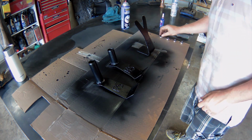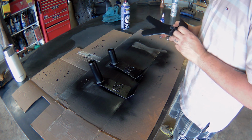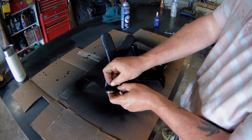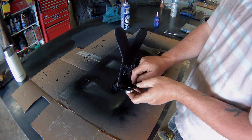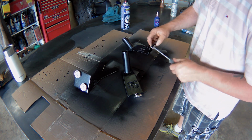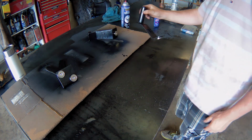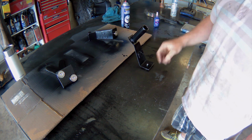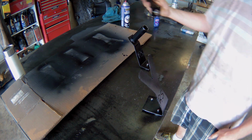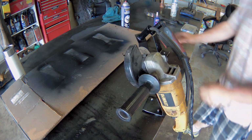So our paint's relatively dry. I'm gonna try to put the magnets on and we'll see if she works. All right, tighten these up. What do you think? Will they work? Let's see. Oh, I would say